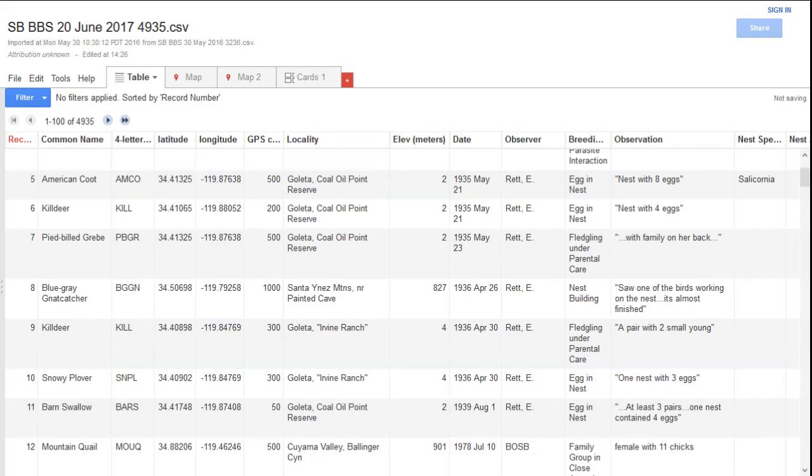This video tutorial is going to cover the use of Google Fusion tables as it pertains to the Santa Barbara Breeding Bird Study database. So the window you see at this point is what you would see when you first open up the Google